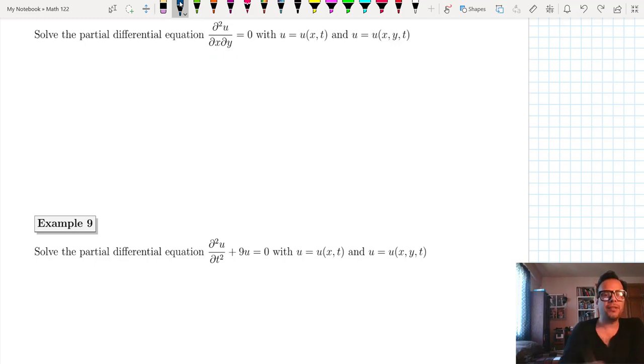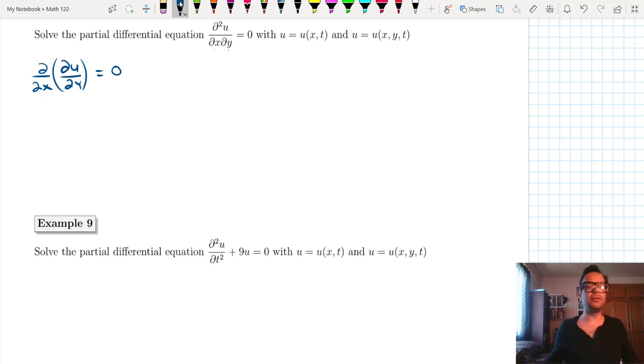Okay, first we need to change the notation for this partial derivative. So when we take the partial derivative of a function with respect to y and then with respect to x, we do the differentiation with respect to y first, and then we're differentiating what we got with respect to x, and let that equal 0. Okay, let's leave that equal to 0. Here I need you to pay special attention to this exercise because of the notation that we are going to use along this exercise. So I'm going to multiply both sides by